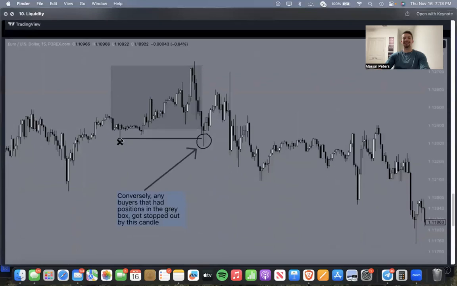Any traders or investors who are trading like we do, who are going long, buying Euro USD right here, at this level, see how it trends upward, and then literally in an hour and 30 minutes, the market went all the way down and wicked any buyers who had stop losses along here or at this one particular level. So anybody in the gray box just got liquidated on this one move.